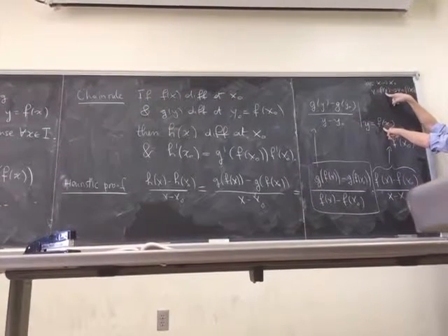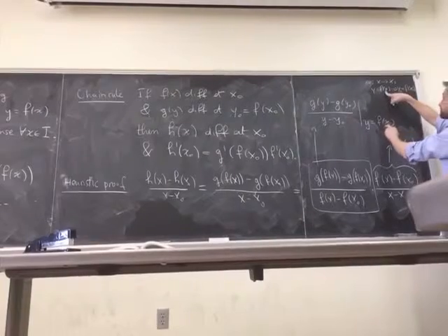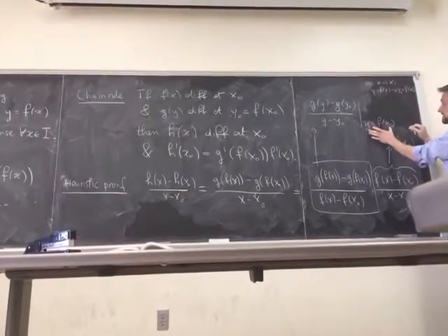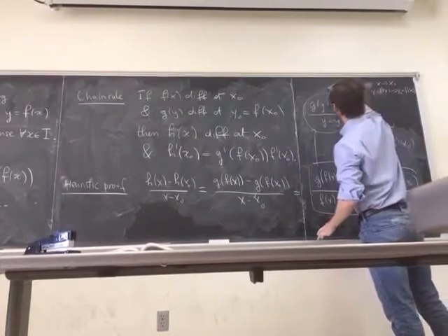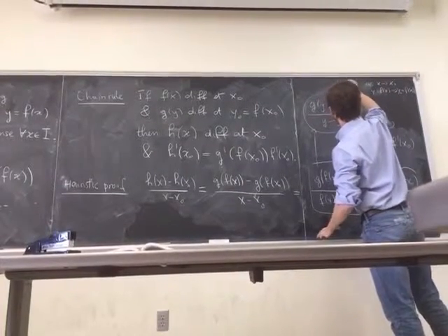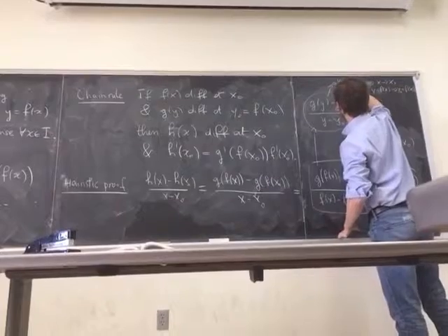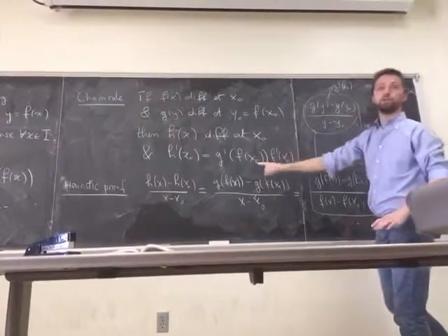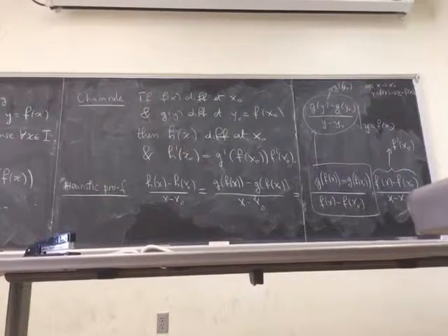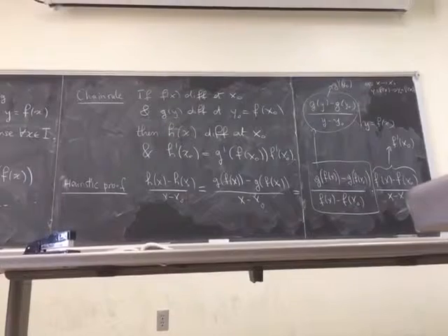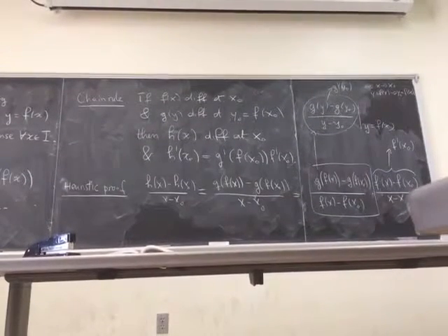So as x goes to x naught, this thing goes to y naught, and therefore this whole chunk here goes to g prime computed at y naught, which is what I want. That's the heuristic argument, and the only defect I find in it is that I am multiplying and dividing